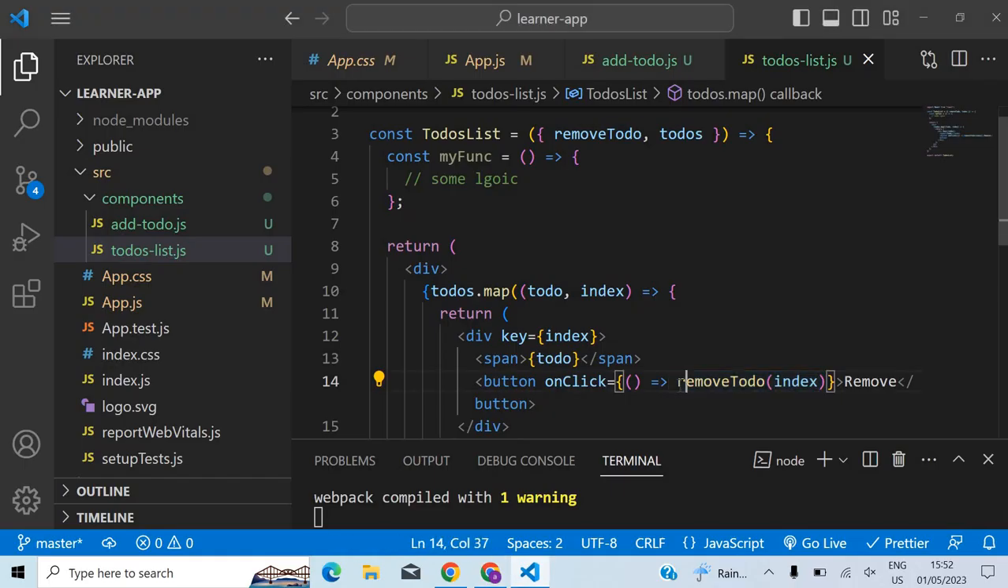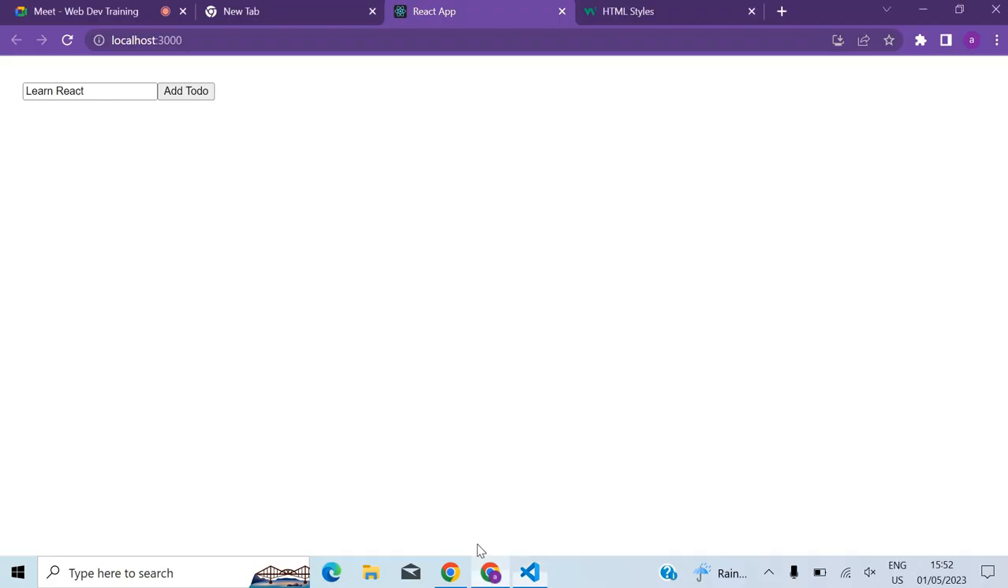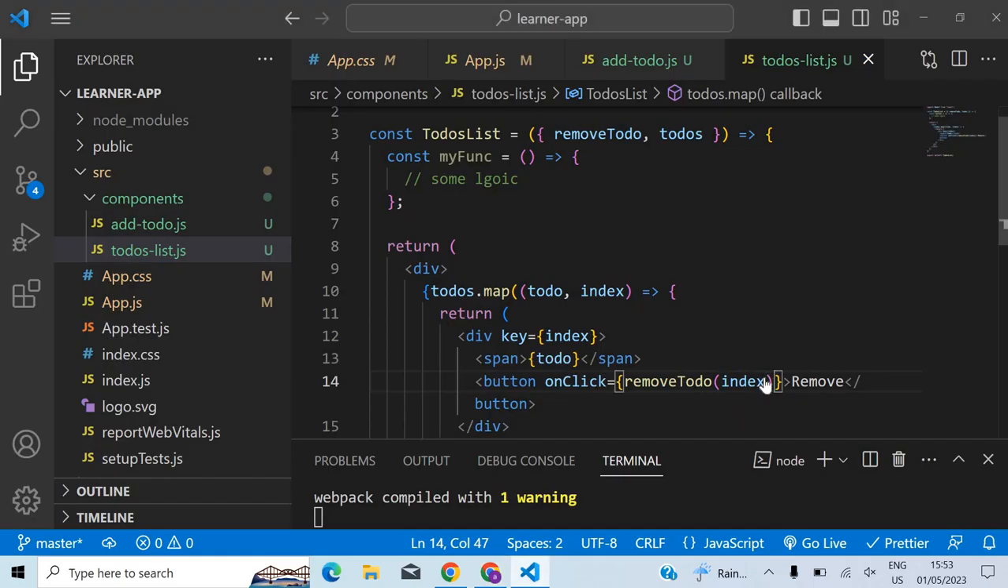But if you write like this directly, then what happens? You are calling the function right away when it comes to line number 14. So you won't see anything on the screen. So that is the explanation for this. And there is one more thing, which is